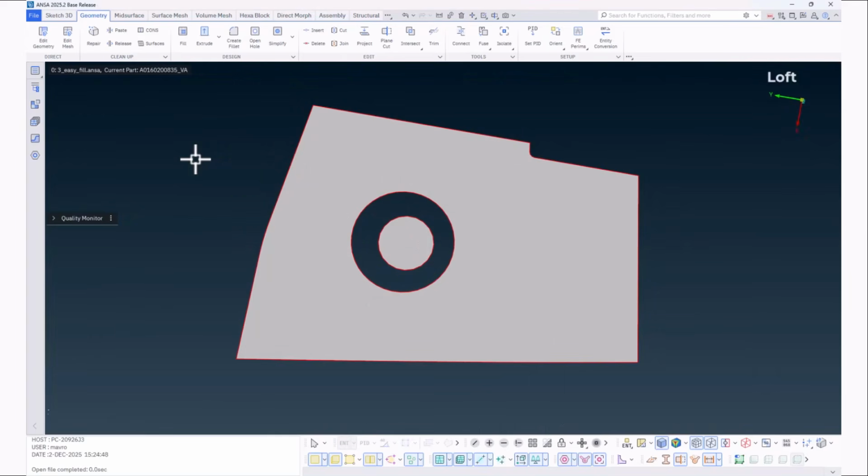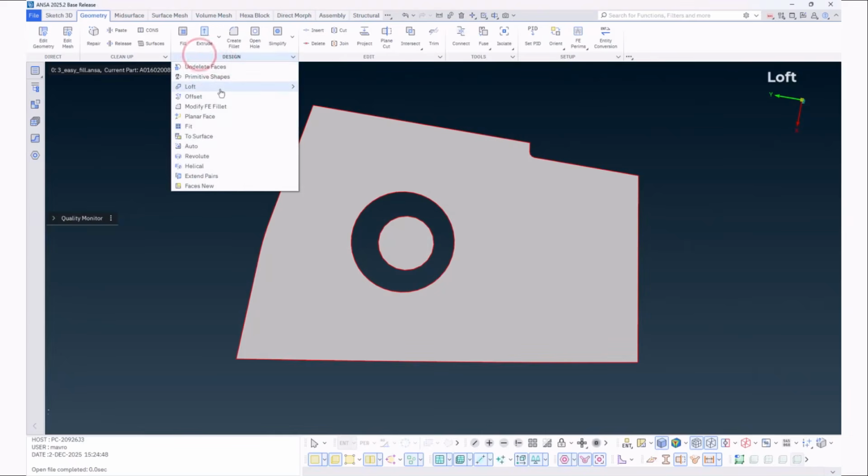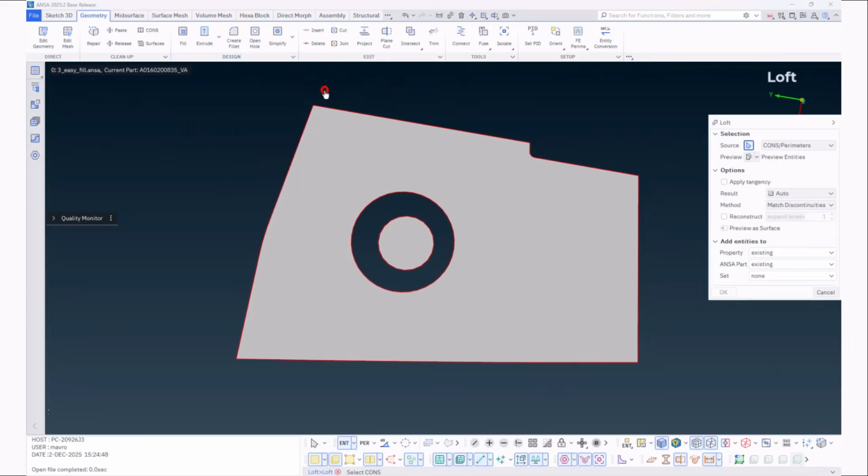The loft functionality has been also vastly improved. In the design group of functions, the loft function now consists of two functionalities, the loft and the parametric loft. It has a new unified layout, providing result options, 3 methods plus mesh-related tools. Finally, the new loft has also advanced capabilities in handling specific parts where the fill function would fail.